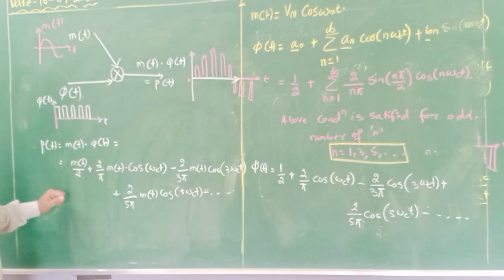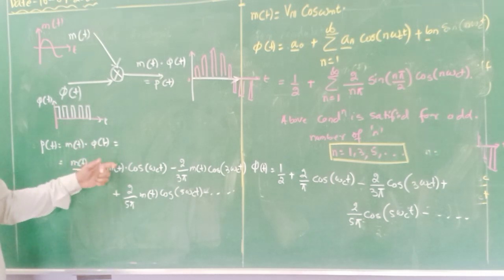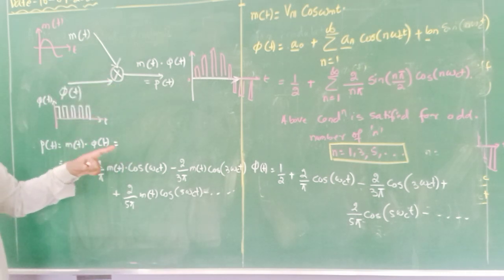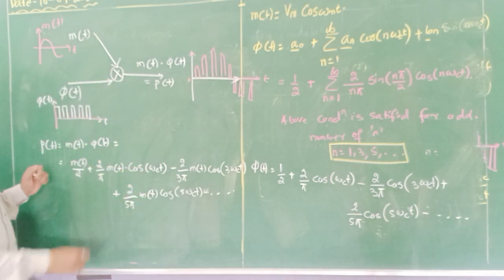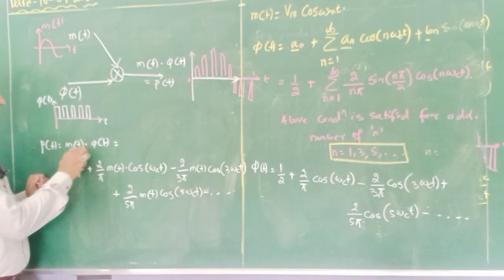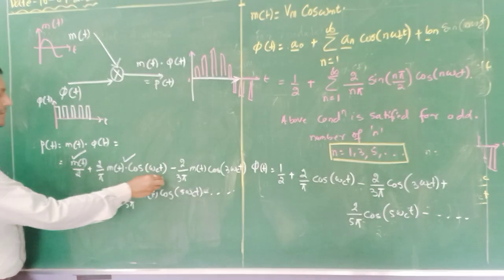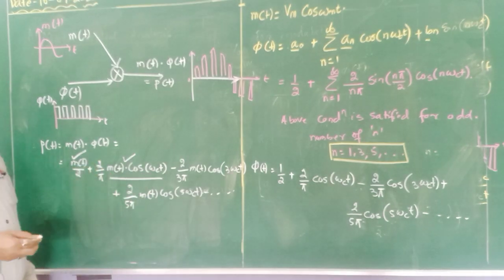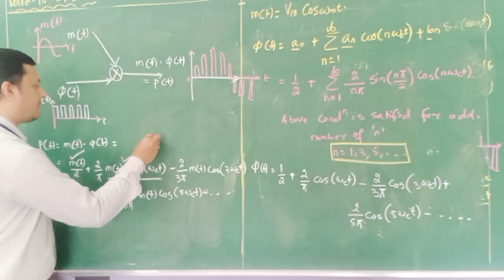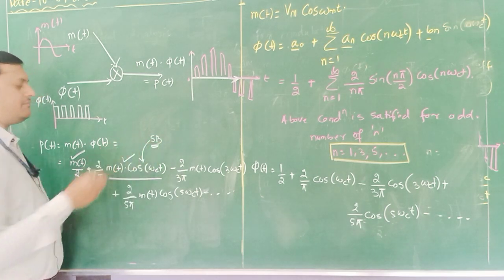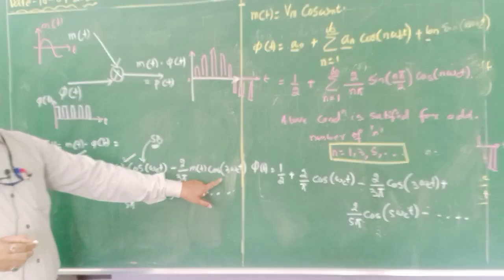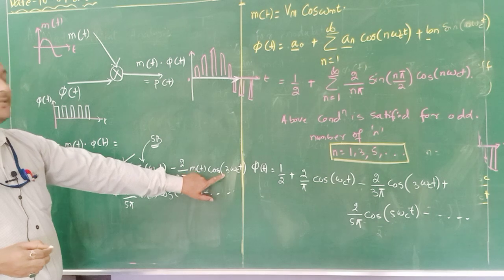Now this equation itself indicates the presence of the modulating signal, which is imposed on a carrier, and there is no presence of a carrier component. Here you can see the message signal is available, and the sideband component is available, because m of t cos omega ct is called the sideband. Even the sideband is available for the higher component, the third harmonic.